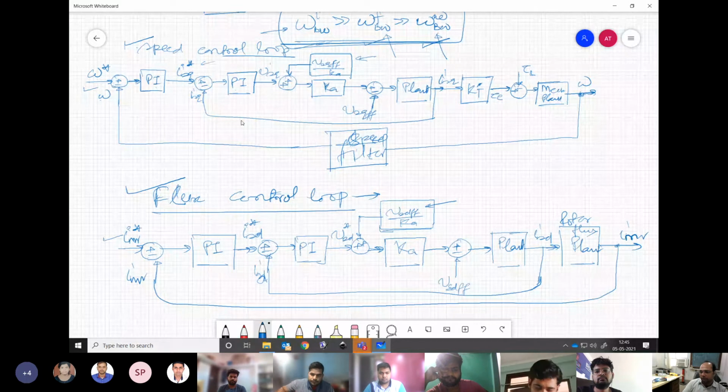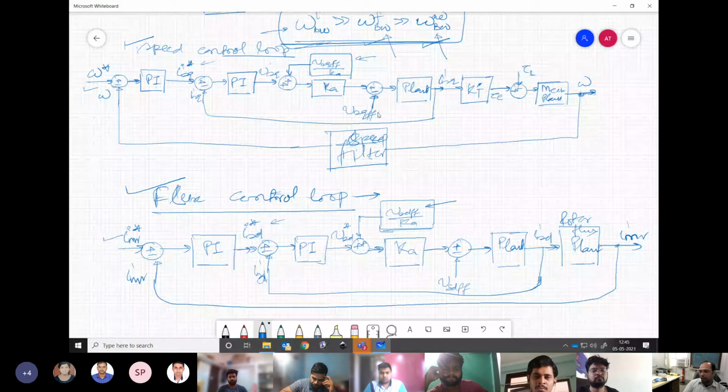Now once we have done that, then we know that our fastest control can happen for the current control loops. So that is why these both are inner control loops. These both have the same bandwidth. There is no problem in that. Same plant for both, so same bandwidth we can have. Next slower plant is our rotor flux plant. So then we will go for this control, IMR control. And once our flux is settled, then we will go for our speed control. That is clear, right? Simple. Any confusion here?